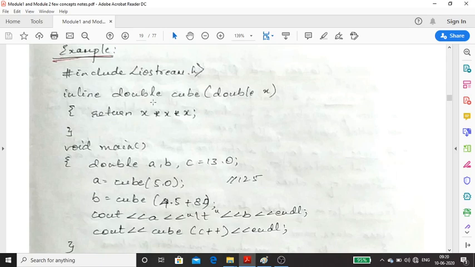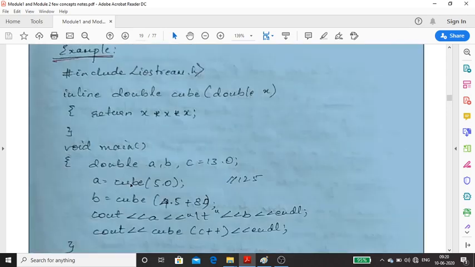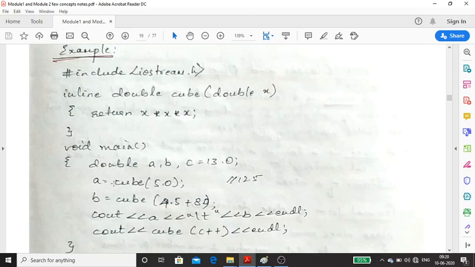Usually, what will happen without this keyword? For a double cube, once the cursor comes to this particular line and you call cube by passing 5.0, first the address of this line will be stored.